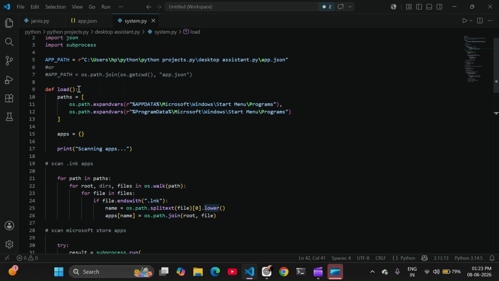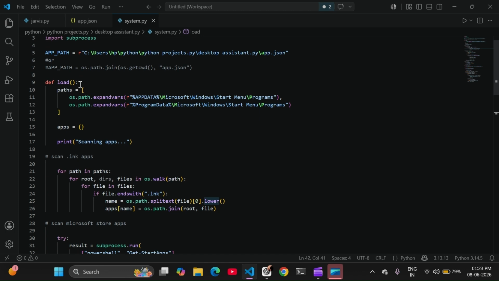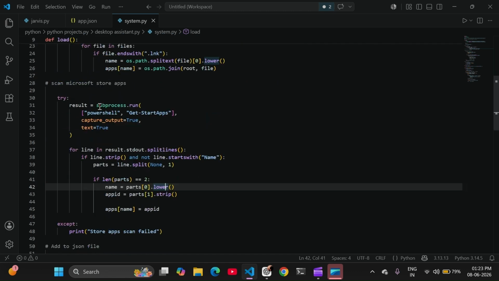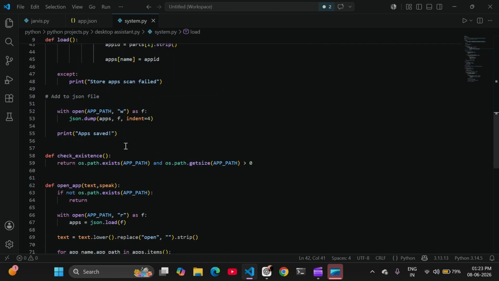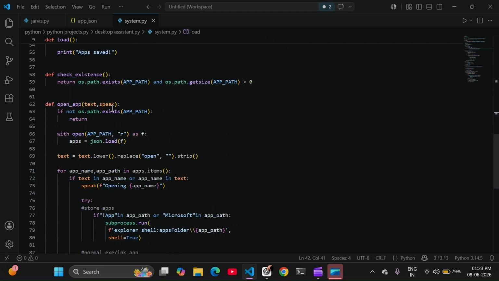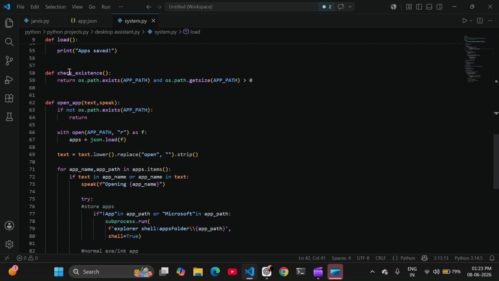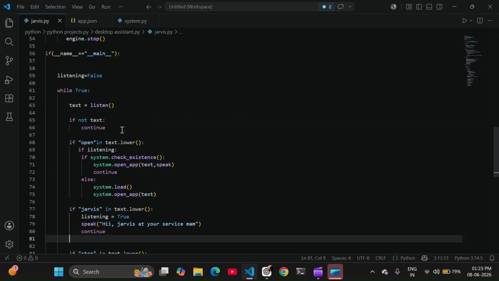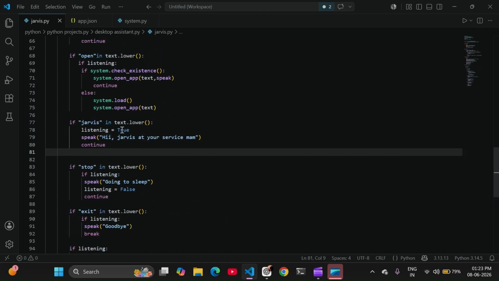So this is the load function, this is the check existence function, and that is the open function. Check existence, see, here it is. First of all it will check whether it exists or not, then it will open. If not, then load.